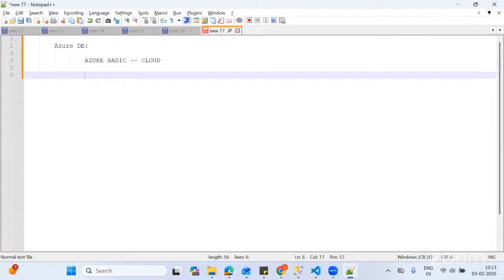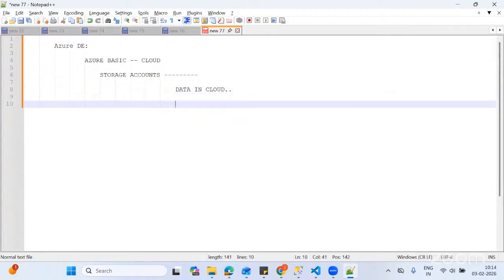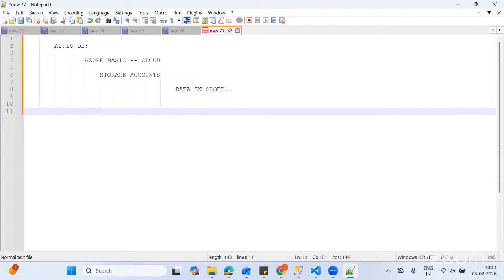And once you are good with the cloud basics, we are going with the storage accounts. This is a topic where every project will use this. We are going to have storage accounts in every project. Storage account is nothing but a place where you store your data in cloud. And we have two types of storage accounts. We'll go through them. And once the storage accounts part is done, we will be entering into our